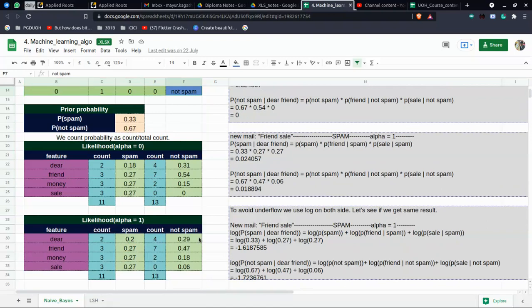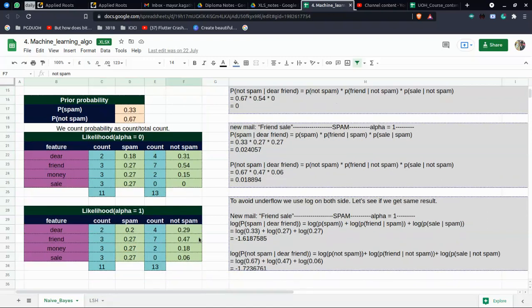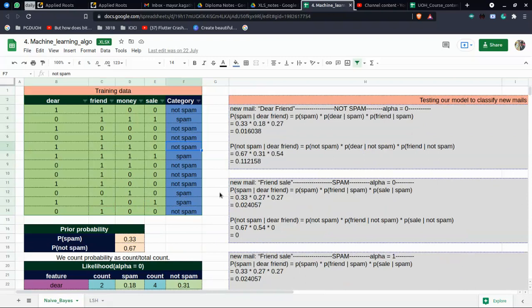Now I want to, let's say, use the naive Bayes. And this is a very favorite of the paper setter, because in all exams we had at least one question from naive Bayes. Right. So how to approach the naive Bayes first? See, we have just two categories, spam or not spam.